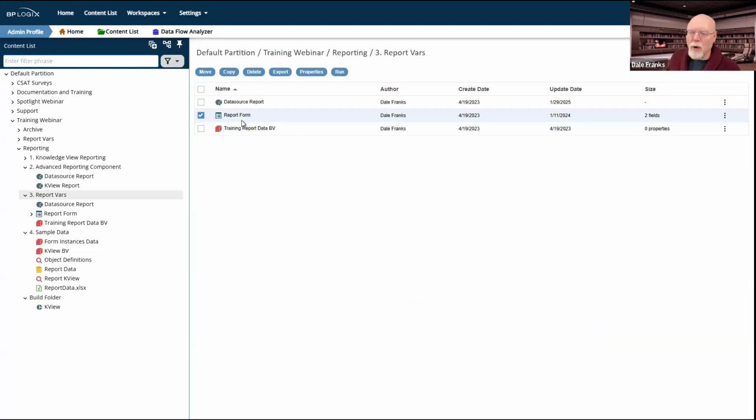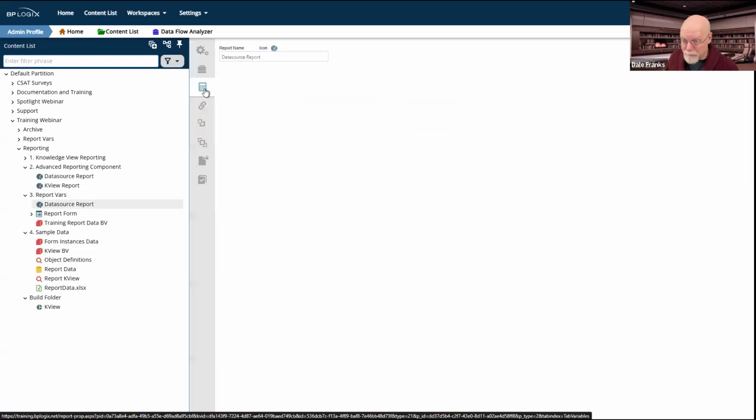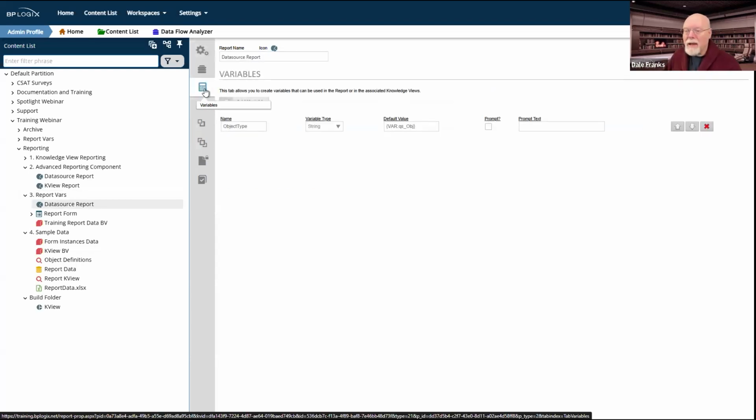Well, that is controlled by a tab on the report called the Variables tab. I can create my own variables in a report. And based on those variables, I can return different objects for that report.